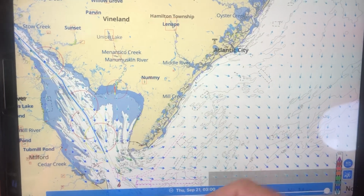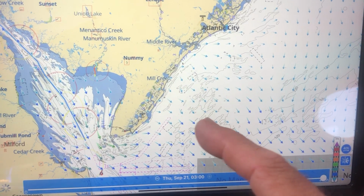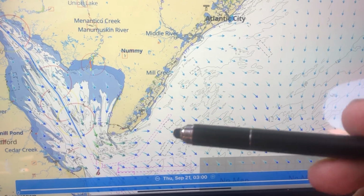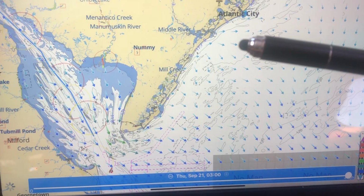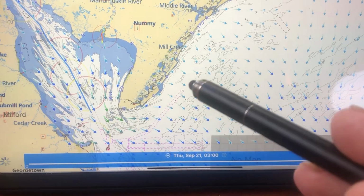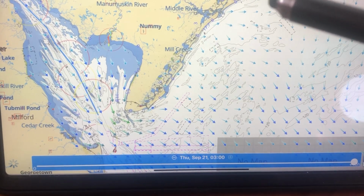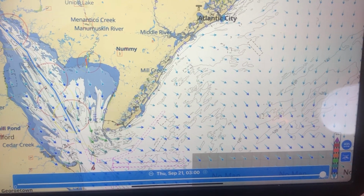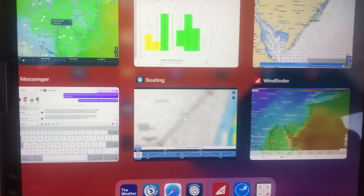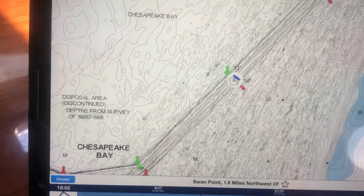This is an app called Aquamap, and we purchased the extra features in it so that you can see that it gives you what the offshore sea currents are. Blue is minimal, and it also has a sliding scale so that you can see throughout the day. And it's got a 40-hour window. You can see what the currents are going to do. So another helpful tool, and all of that goes into just figuring out when's the best time to go,